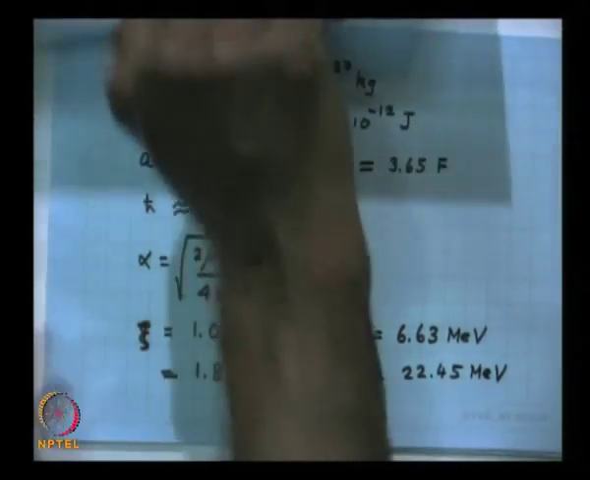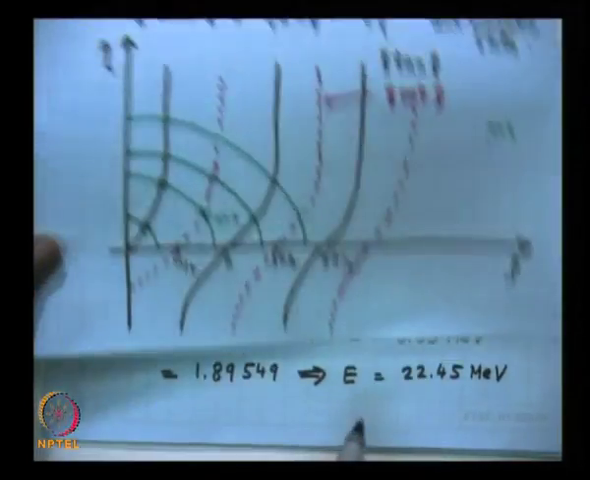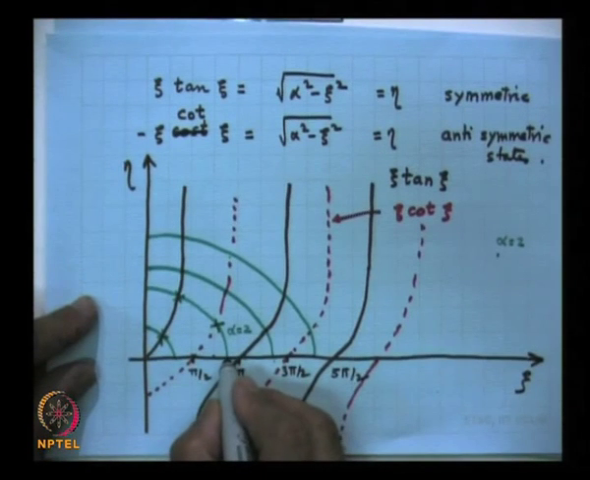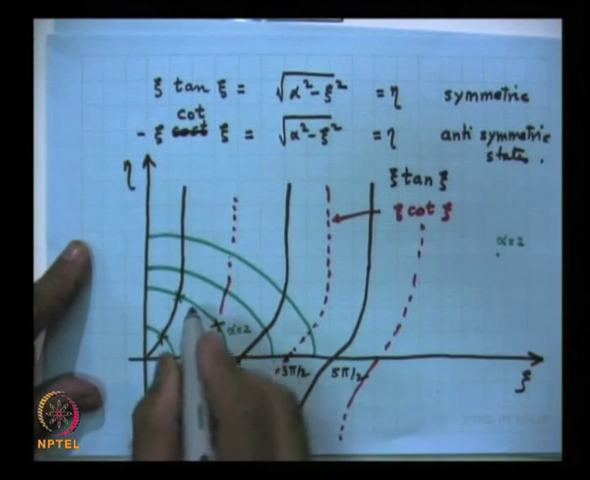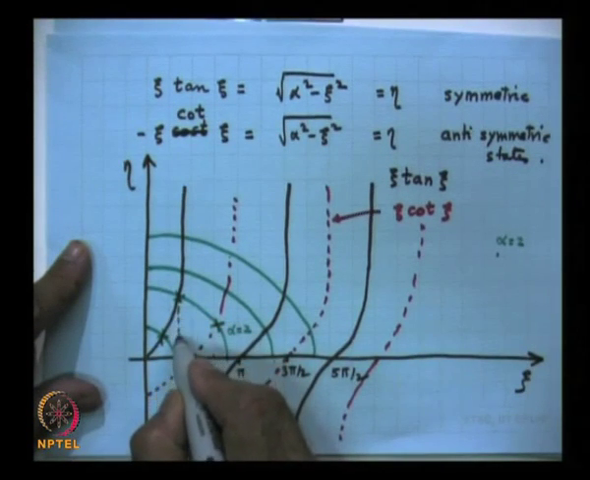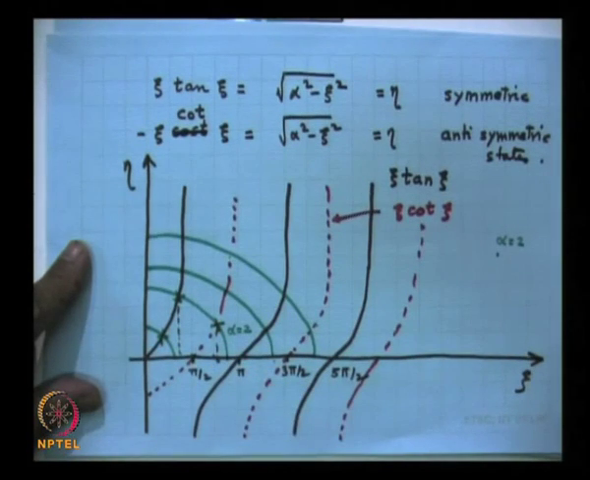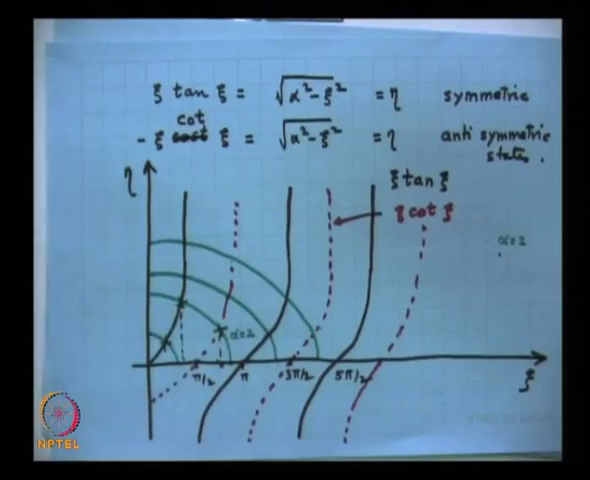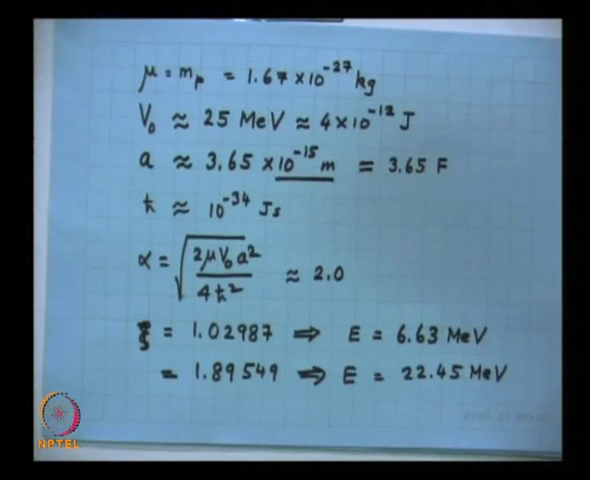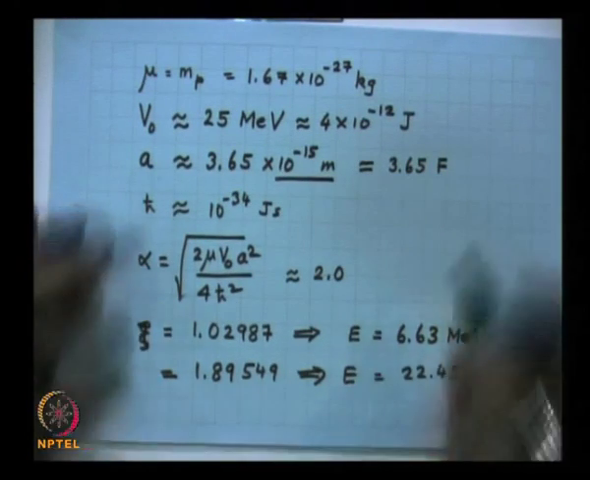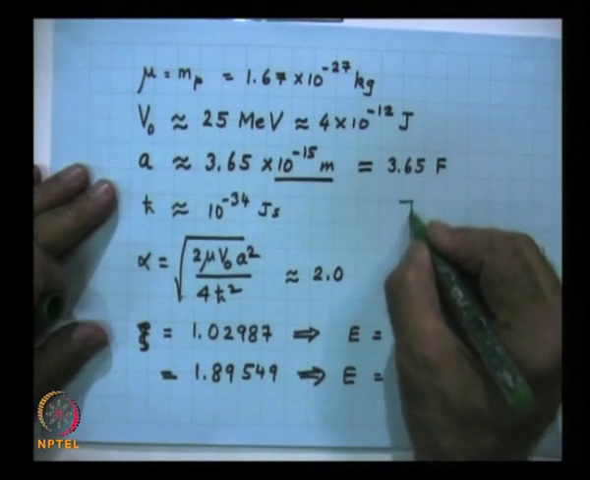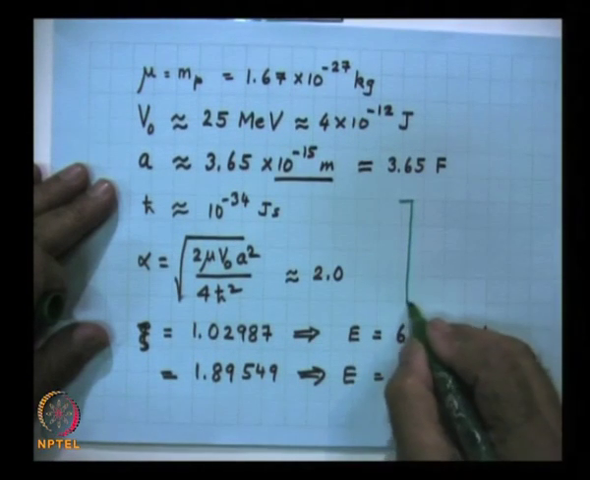So, you see what the value of xi is. For example, here let us suppose this is alpha is equal to 2. So, this is the first value of xi, and this is the second value of xi. These are the discrete energy eigenvalues of the problem. So, therefore, we obtain 2 states, and for this particular problem we have this potential well,